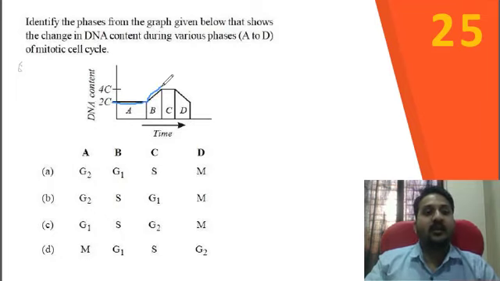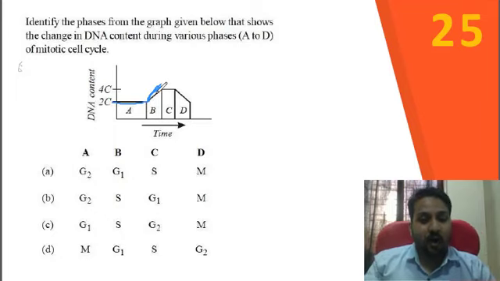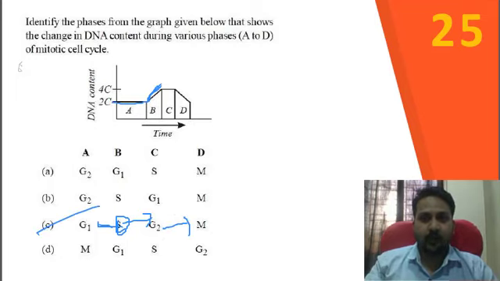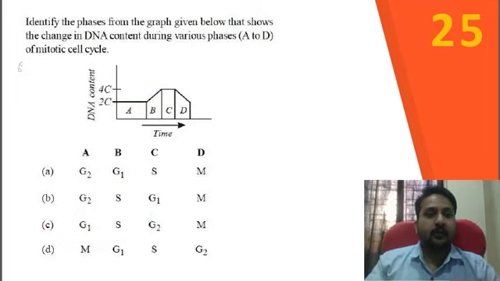Here you can understand that in the B phase only the synthesis of DNA is happening, and as I said, synthesis of DNA means the S phase. Now you can see S phase is here, and before the S phase we have the G1 phase. After the S phase we will have G2 phase, and then we will have M phase. The answer is C here. Very interesting and very important question. You can mark it. Question number 25, answer is C.